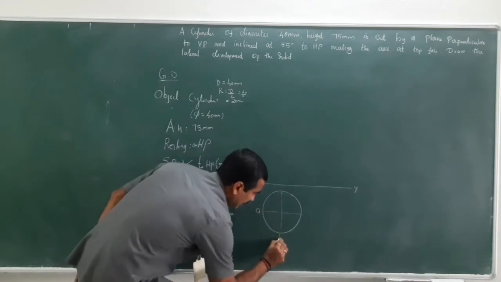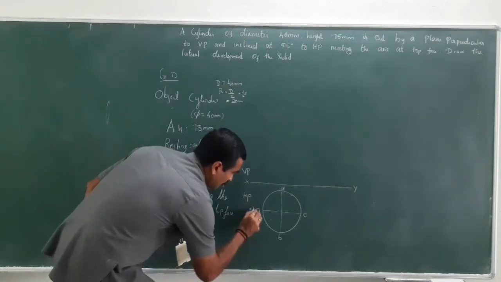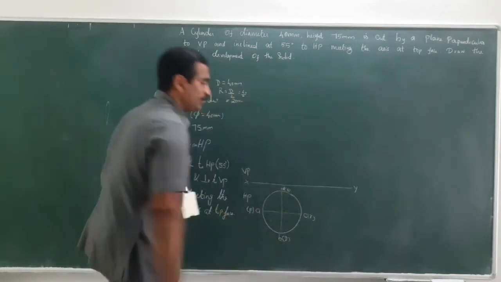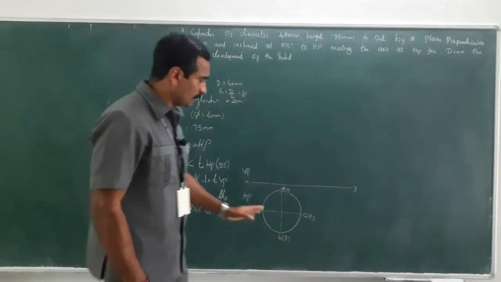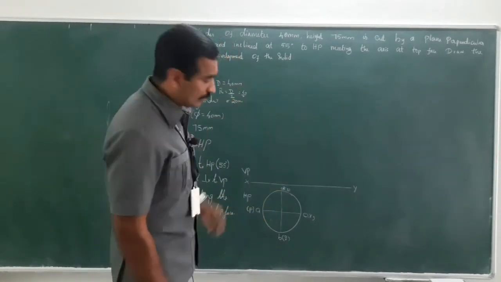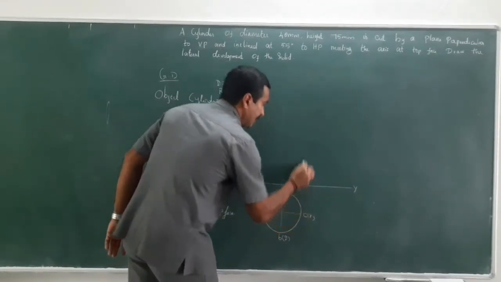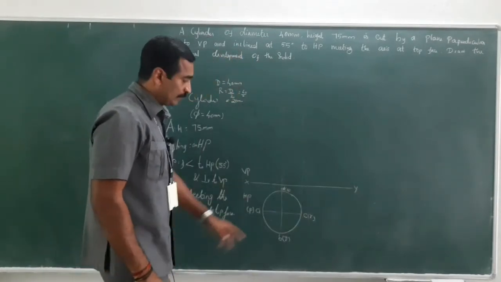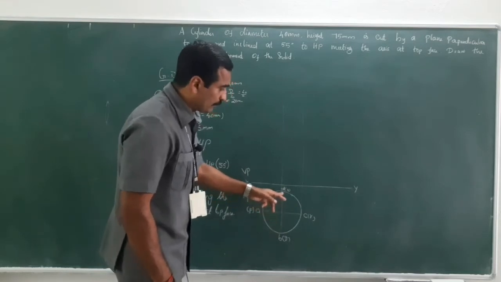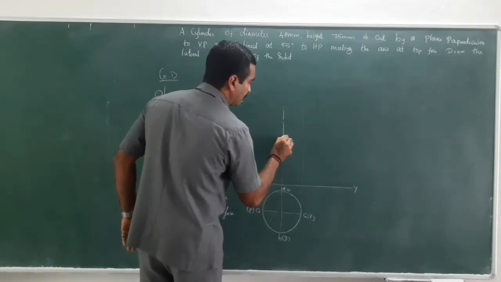Let me give the naming for the top face as ABCD and for the bottom base as PQRS. This is the top view, that is the true shape of the object. Now I need to draw the front view. Project the lines from each point vertically upwards. This is the center of the circle, so if I project it, this is the axis. The axis can be represented by long line, dot, long line.